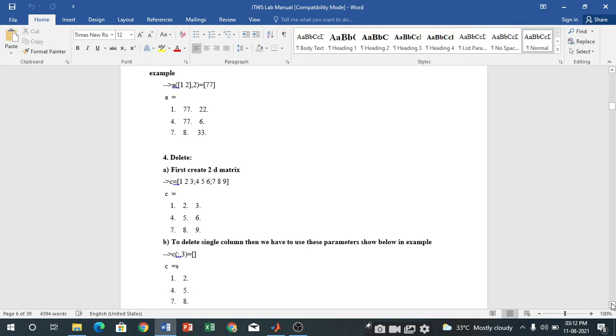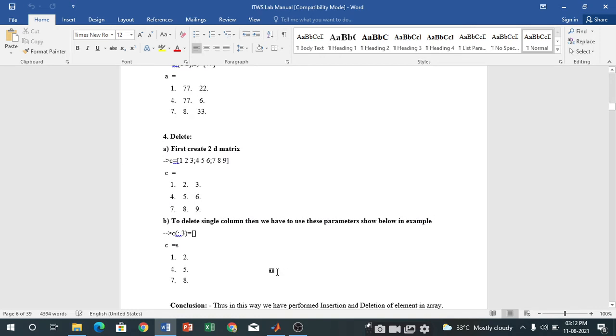Okay, so here this is your matrix, a 3 by 3 matrix, and here we are going to use a simple array name. Just look over here, a colon is there and a comma 3. So here it describes whatever elements are available in column 3, that are 3, 6, 9, and here we write only square bracket open and square bracket close.